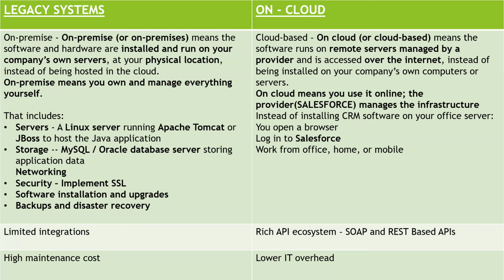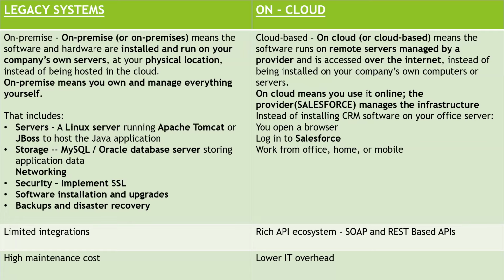Like they go through sales, they have a marketing team who are doing campaigning, they have a bidding team, they have a software development team, they have a testing team, they have a server team. Okay, so all of these in a legacy system are maintained on your own server. So definitely you have to set up that structure or architecture. You have to buy space to set up all these things, and definitely the maintenance cost will go high.